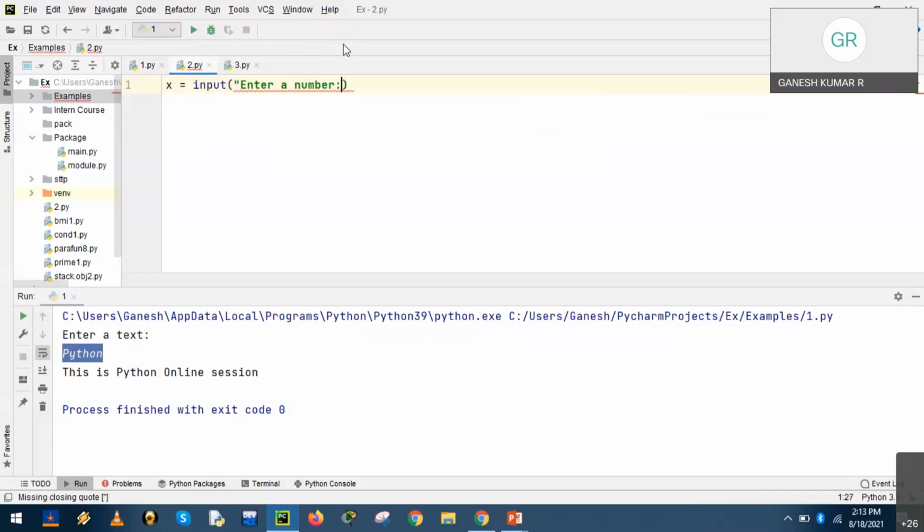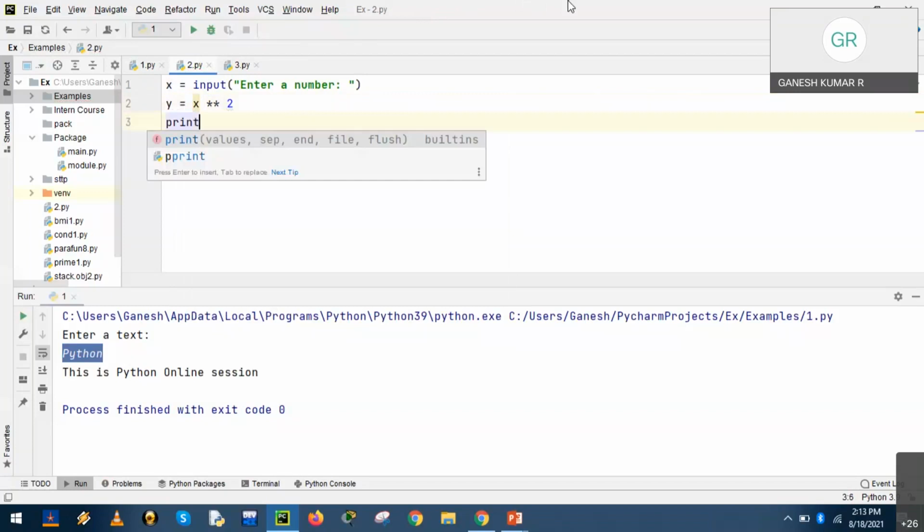So x is equal to an input function. Now y is equal to x double asterisk 2. The double asterisk represents the exponentiation operation.